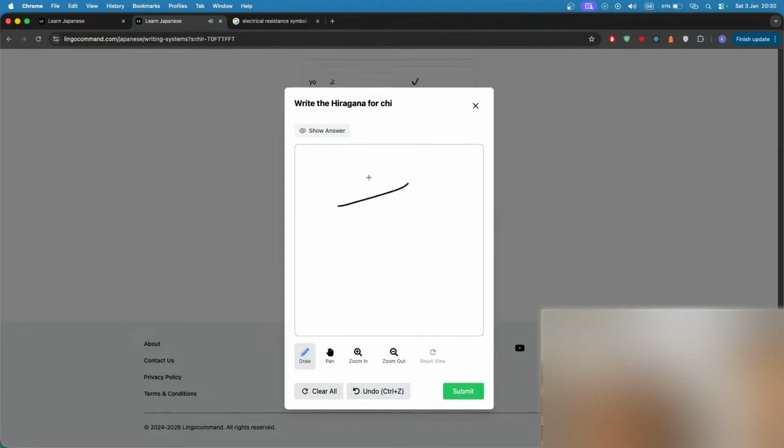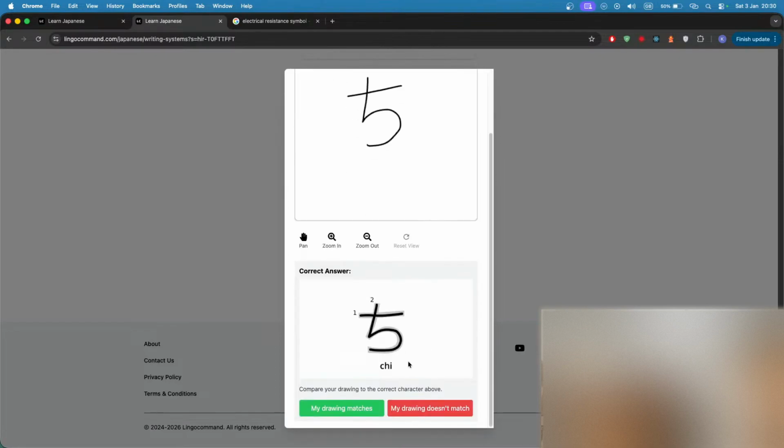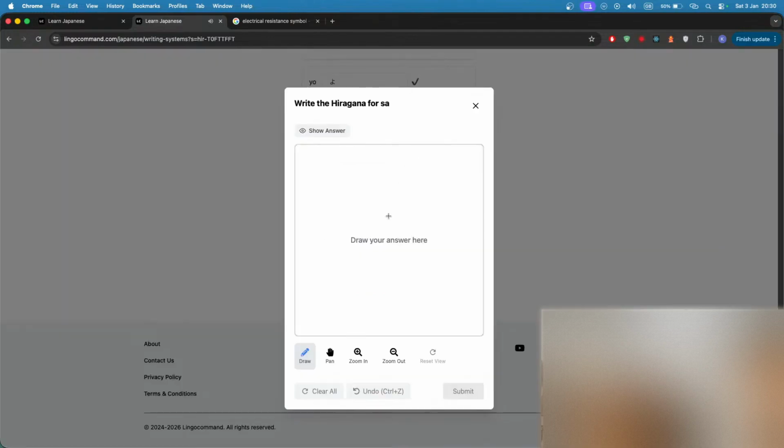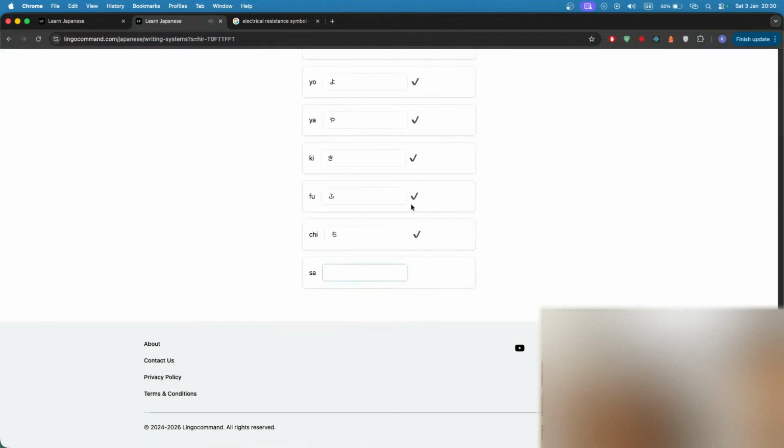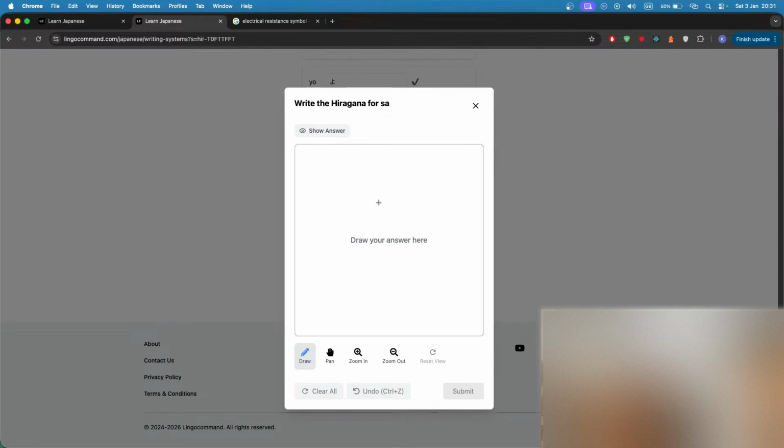It's 1. No, that's a bit more. 1, 2. There we go. And then sa. What is the coincidence? It's basically the mirror of chi. So it's 1, 2, 3. Like, sorry, it's 2 strokes